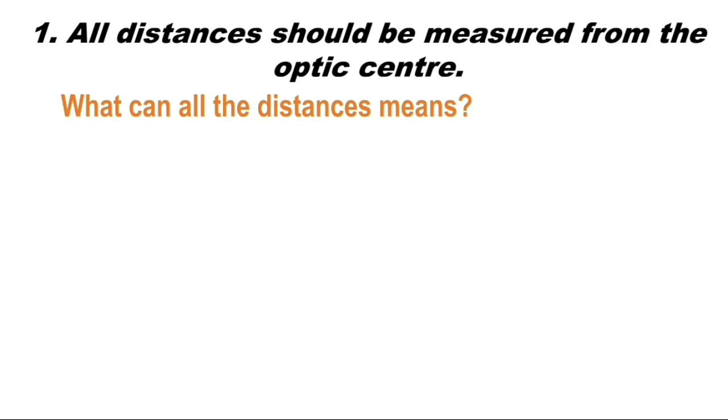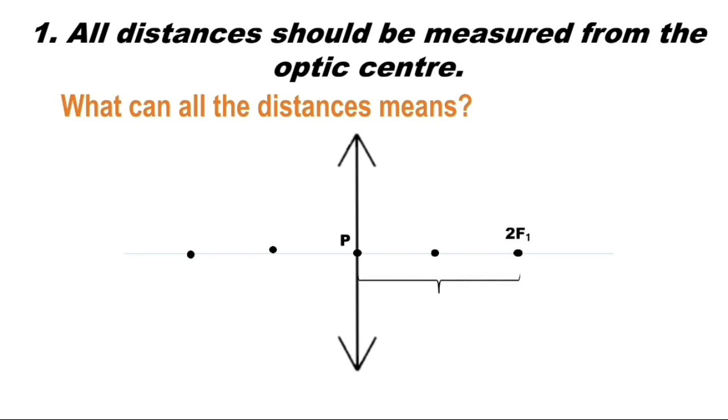You can see the diagram here, and by seeing the diagram you can understand. See here the convex lens we have taken, and the midpoint of that convex lens we are calling optic center, and this is 2f1, one center of curvature. The distance between optic center and center of curvature, that is 2f1, is called radius of curvature. So this is the first radius of this convex lens, the distance r1.